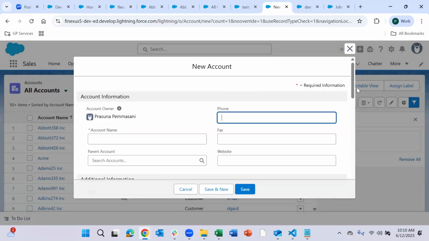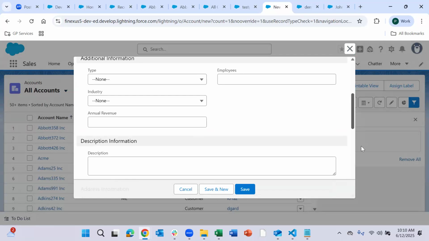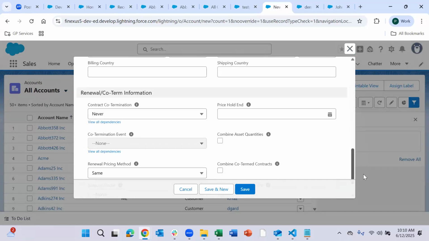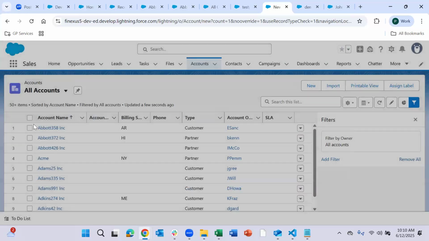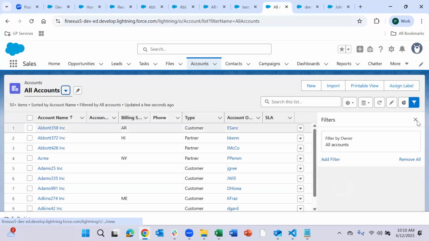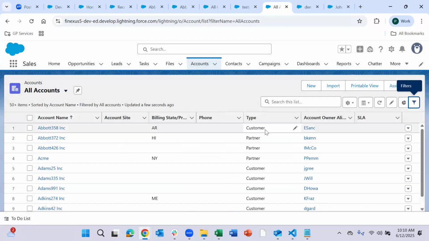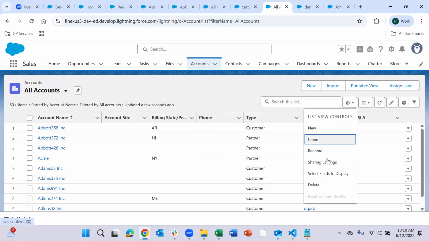Here you have certain fields. Try populating them. All the fields are not visible here, so see how you can bring all the fields you're populating here. Everything is available from here only.